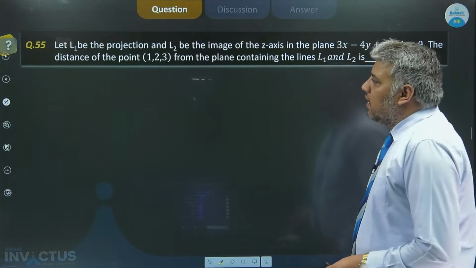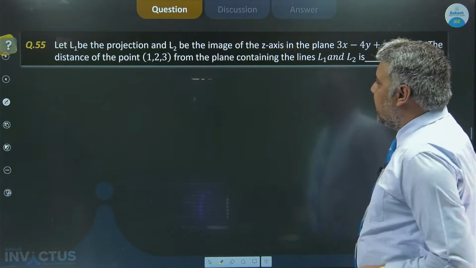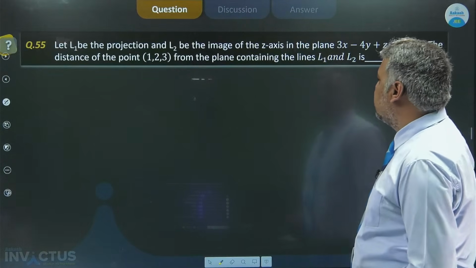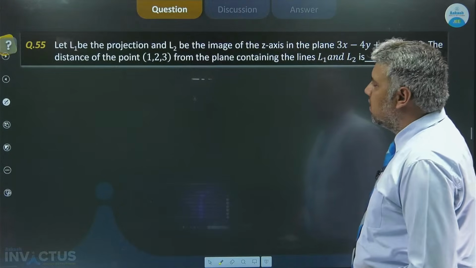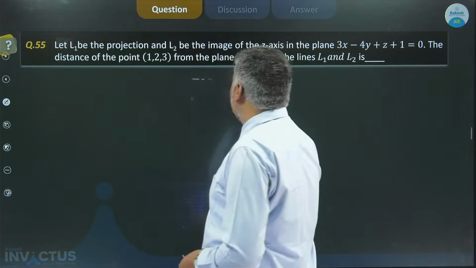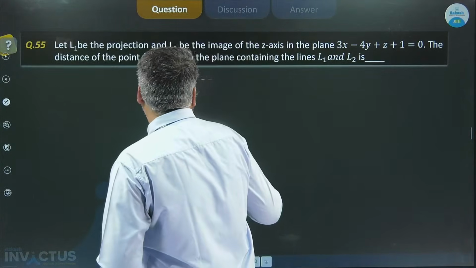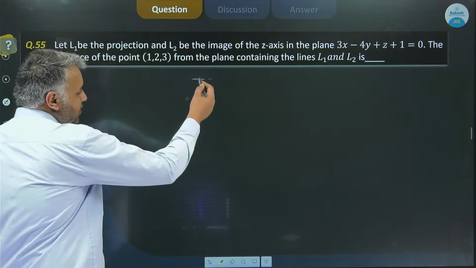55. Let L1 be the projection and L2 be the image of the Z axis in the plane. The distance of the point 1, 2, 3 from the plane containing the lines L1 and L2 is. Okay. So there is a plane